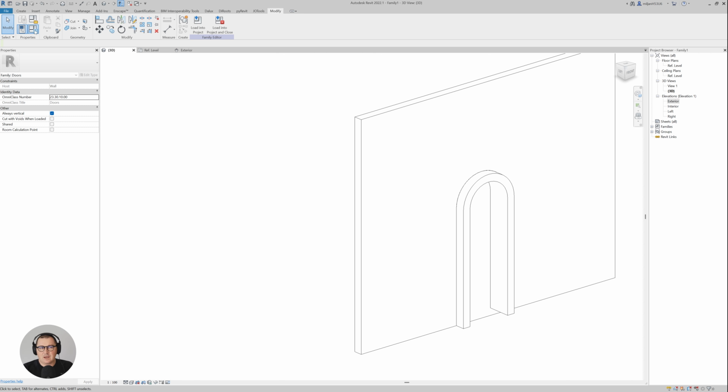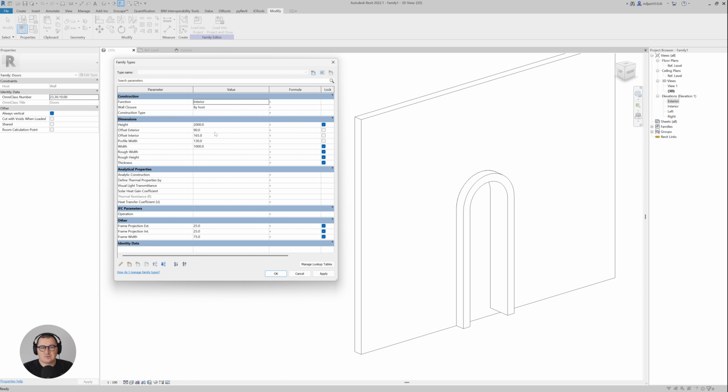So first of all, I will go here and adjust parameters for our profile. I will just lift up the profile width at the top, so I will make this 50. Then offset exterior, let's say 50, offset interior 50. Let's hit apply so you see that it works. And let's make everything 100. So this works. Let's make it 40, and then offset 60,